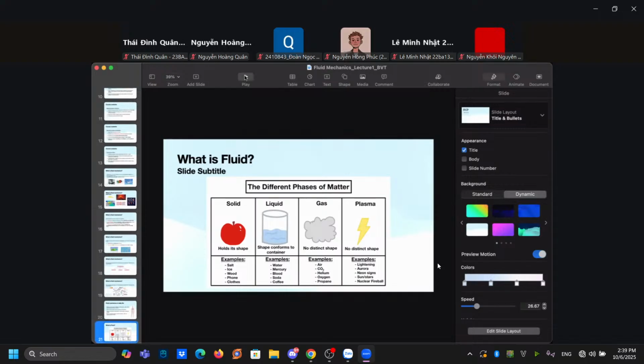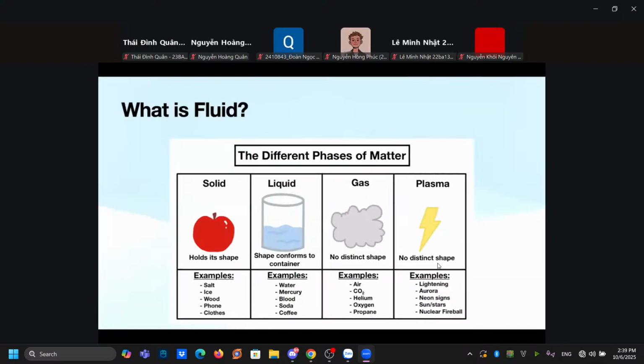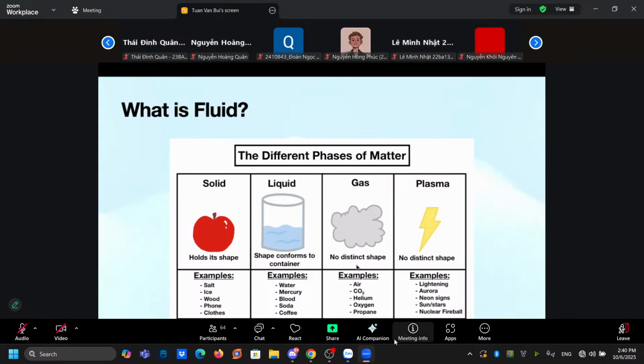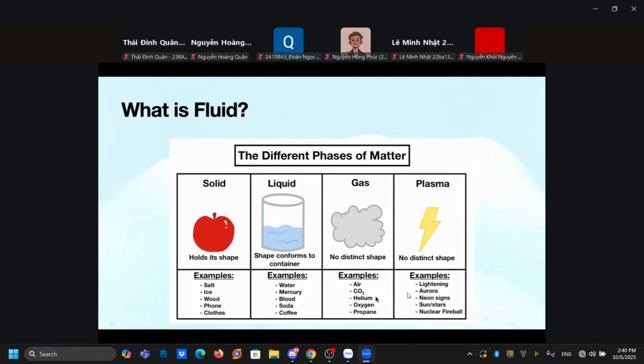You can use some bottle, or some cup. Or even mercury, a kind of metal but also considered a liquid, or blood, or soda, or coffee. And then you have the gas. For the gas, there is no distinct shape, like the air, carbon dioxide, helium, oxygen, or propane. And the last type is